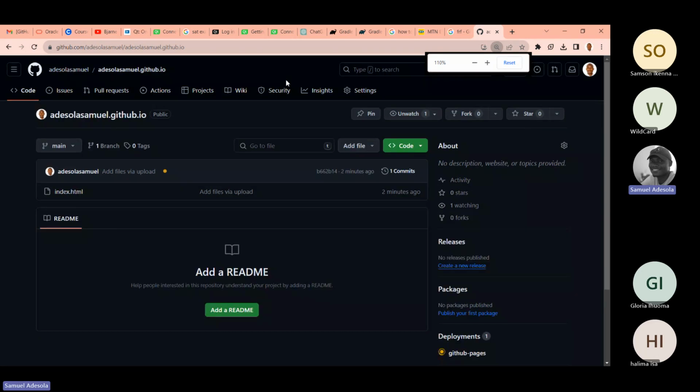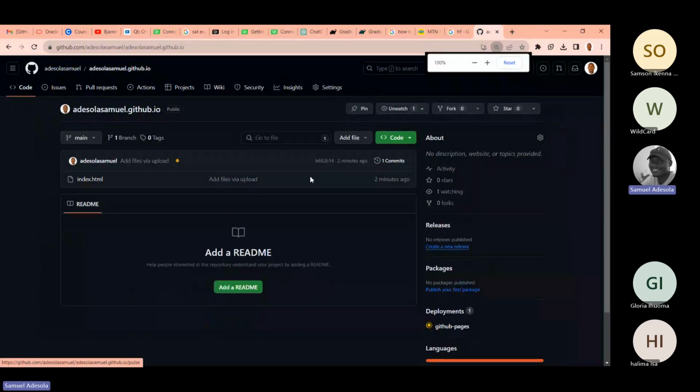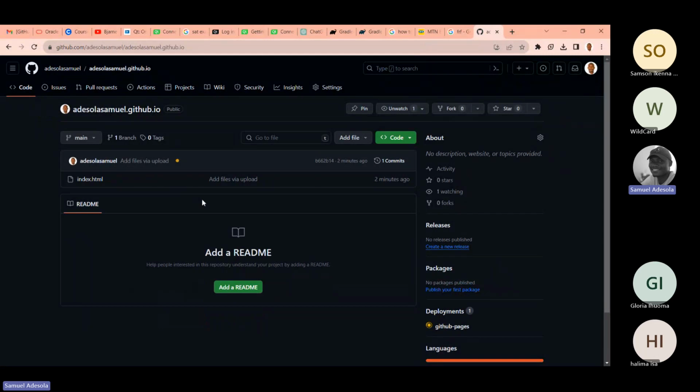And once you are done creating the repository, you have to come to the repository and add existing files. So once you want to add existing files, you have to add all the 3 HTML files that you created for the website. But make sure the home page is named index.html. That's the most important thing. It's named index.html. Because once you type this website,